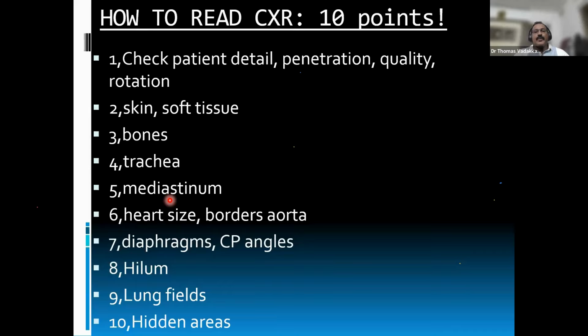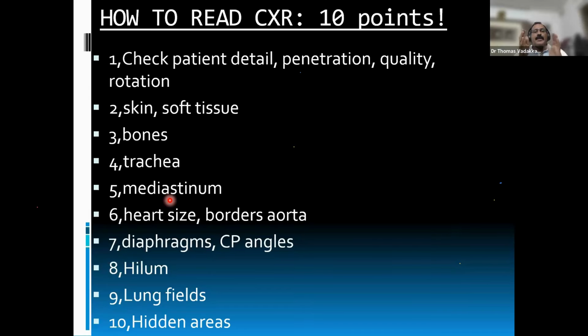Lastly, it is for you to look for hidden areas. Hidden area lesions are always missed. If you are very good at reading X-rays, interpret the hidden areas after assessing all the other areas. What are the hidden areas? Look for the apex. At the apex, you may get apical fluid thickening, erosion of the rib, or maybe a Pancoast